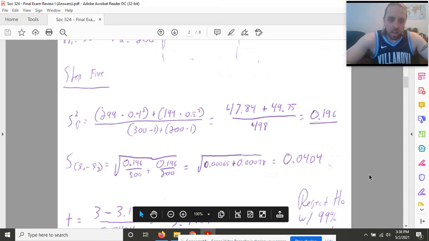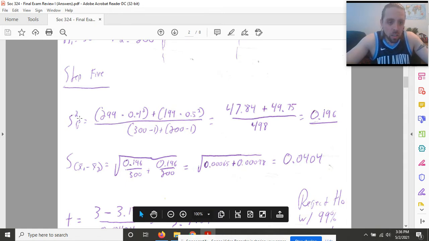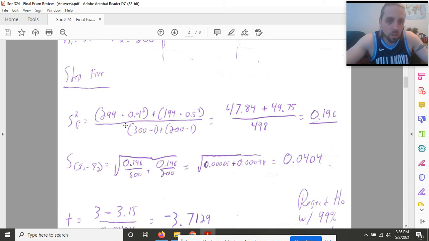There are 3 parts to this. I have to first calculate s squared p. That will then allow me to calculate s of x bar 1 minus x bar 2. And that will then allow me to calculate the t-test. So follow my mouse here. S squared p is a weighted pooled estimate of the standard error. So I calculate that as (300 minus 1) times 0.4 squared plus (200 minus 1) times 0.5 squared, over 300 minus 1 plus 200 minus 1. Do the math on that and you should have gotten